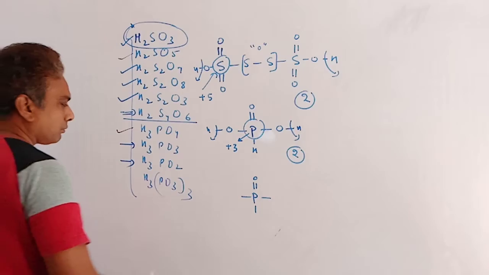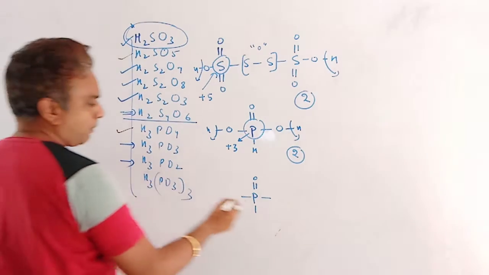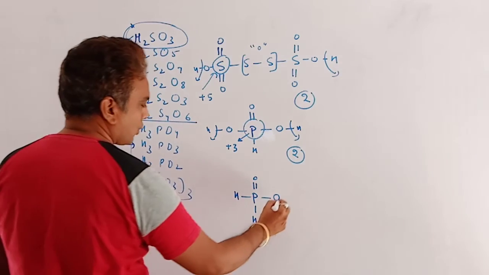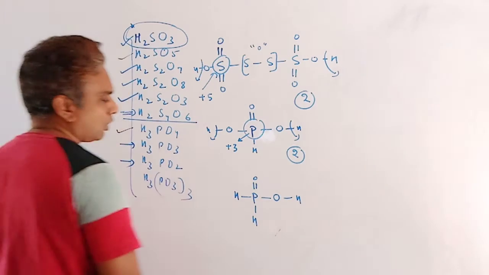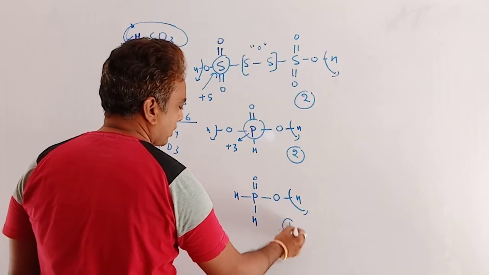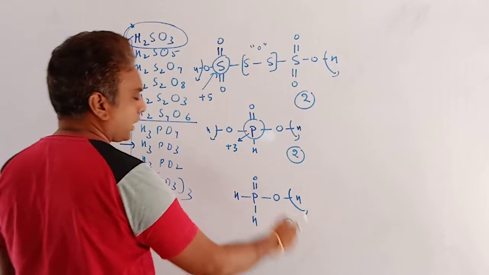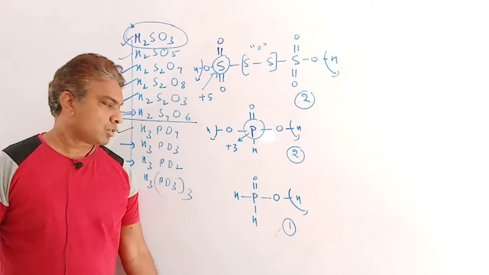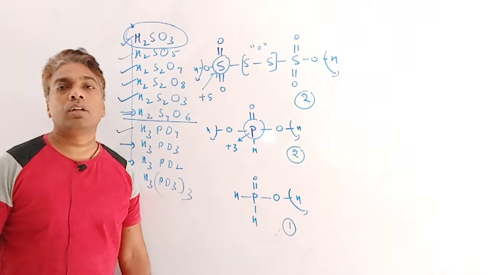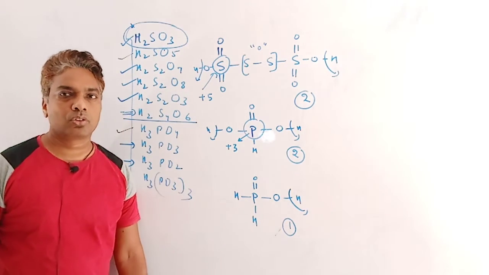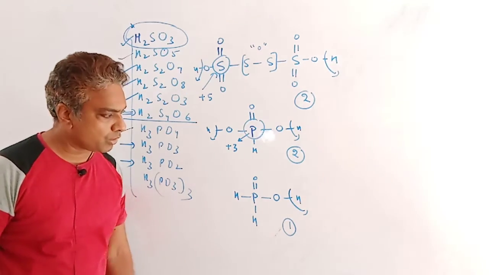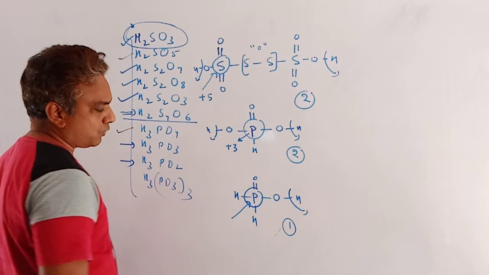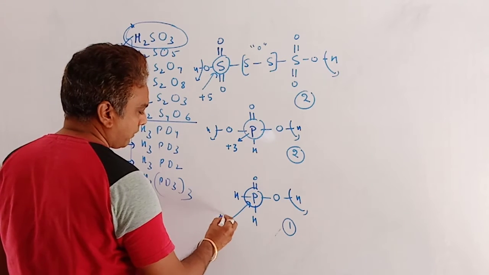Clear? While in case of H3PO2, we have only 2 oxygens associated with P. So the left 2 are associated with H, and 1 is associated with O. So the number of replaceable H is only 1. The hydrogen which is directly attached with oxygen in case of hydroxy acids is replaceable in nature. So in case of H3PO2, we have only 1 H which is directly attached with O. So the number of replaceable H in H3PO2 is 1. Now, what is the oxidation state of phosphorus? It is +1. Clear?